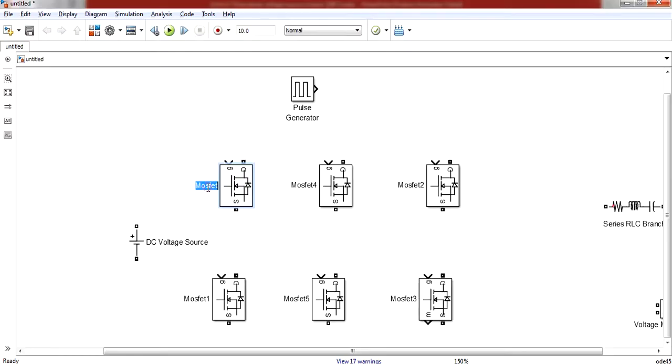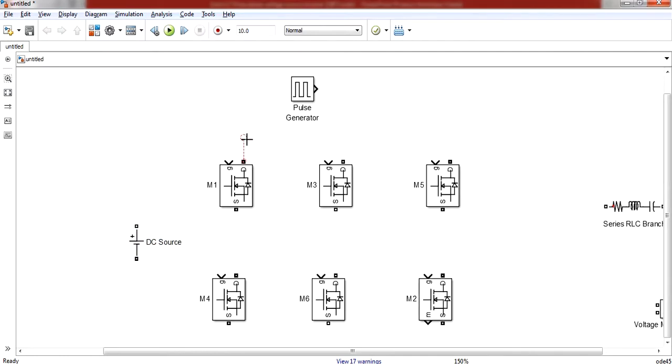The upper group MOSFETs will be M1, all the odd ones M3, M5, and this will be M4, M6, and the last one is M2, and this will be your DC source, that is the input source.